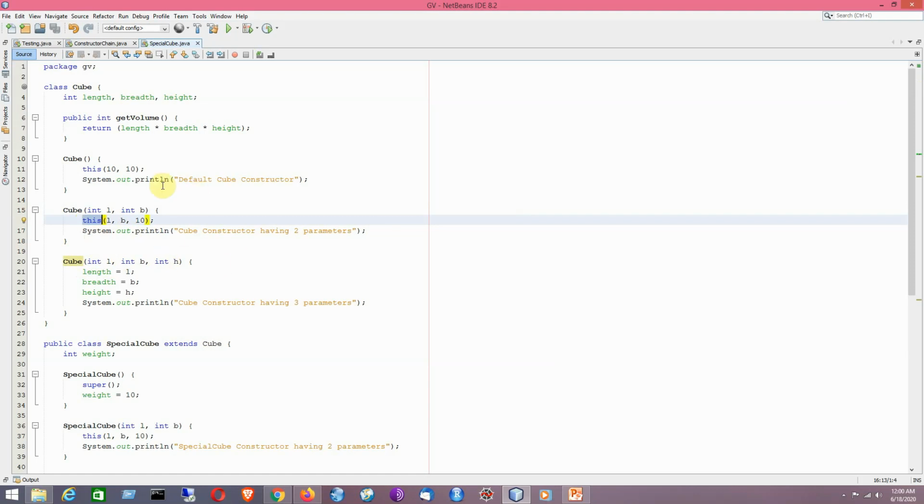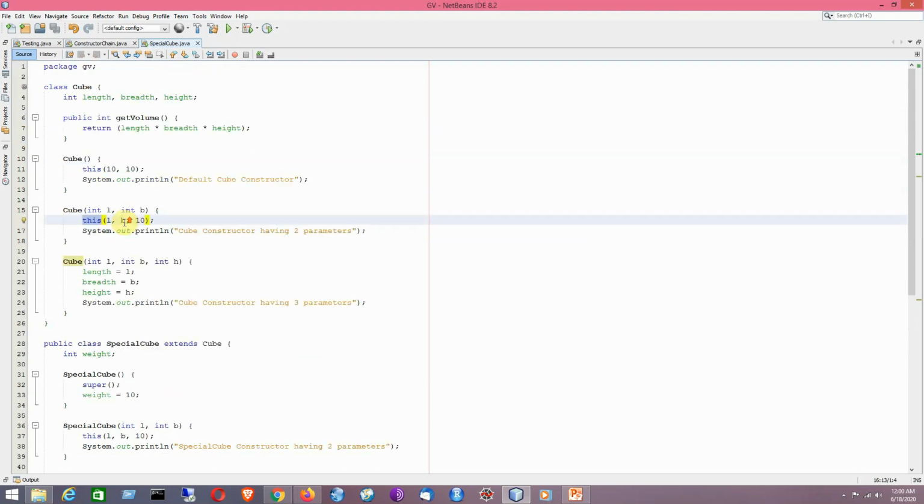So in that way we can have three different constructors of the same class named cube. The first one is indicating a default no argument constructor and the rest of them are indicating parameterized constructors. So it is basically a parameterized constructor with two parameters and a parameterized constructor with three parameters.